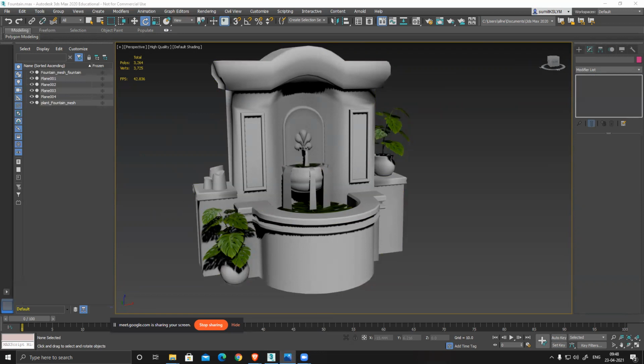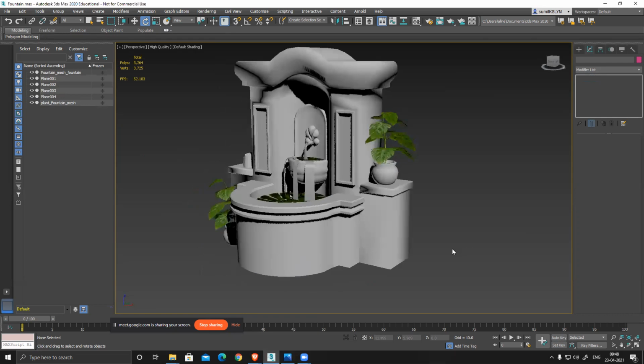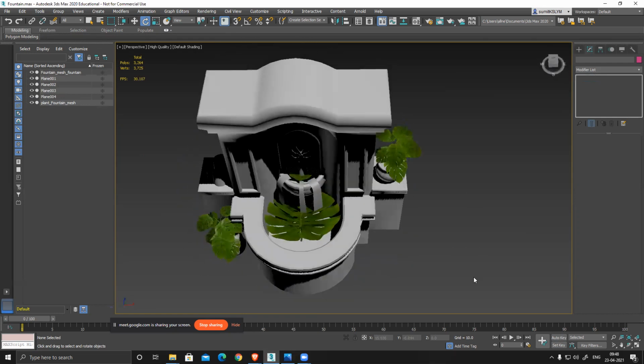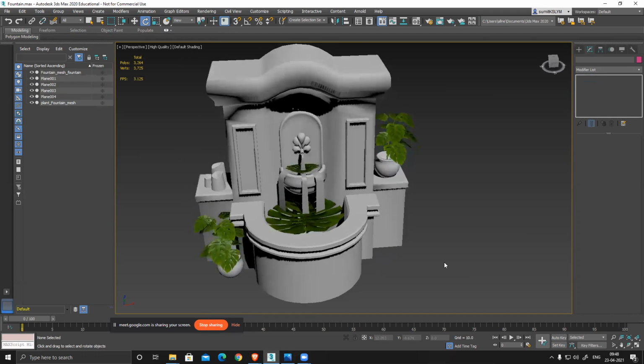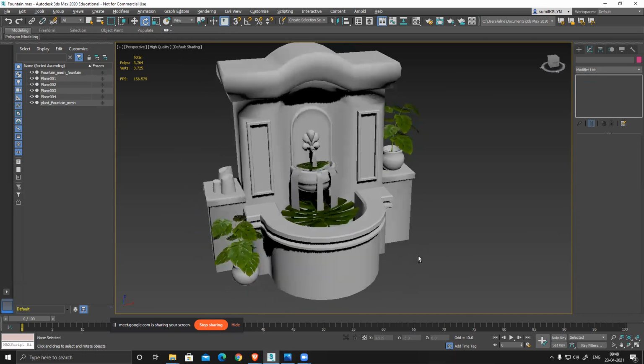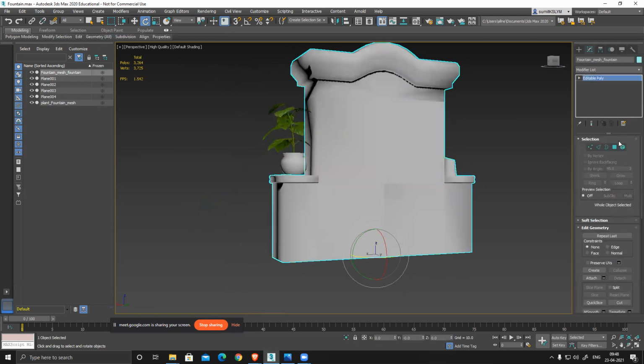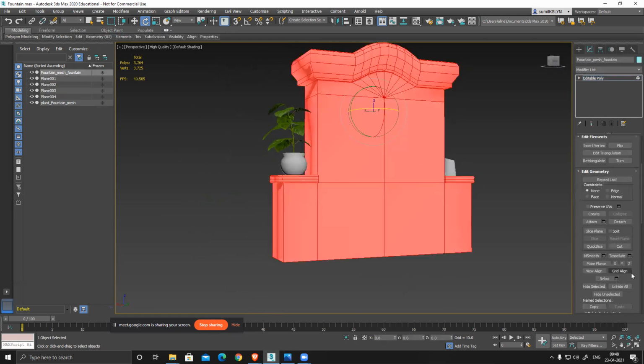So let's see, I have that ivy, so those things I can definitely do. Or we can create a high poly for this also. We can definitely create a high poly. Smoothing group.